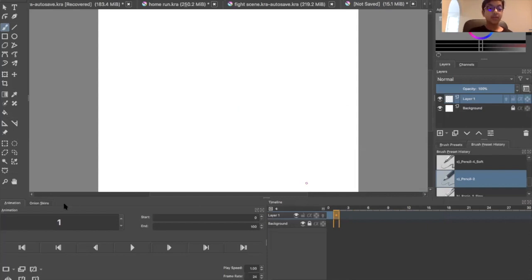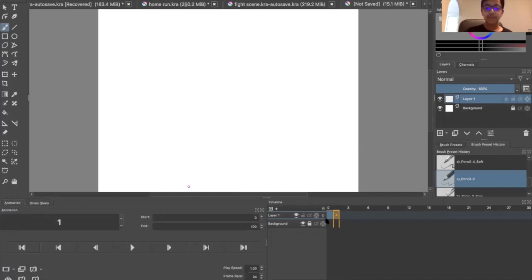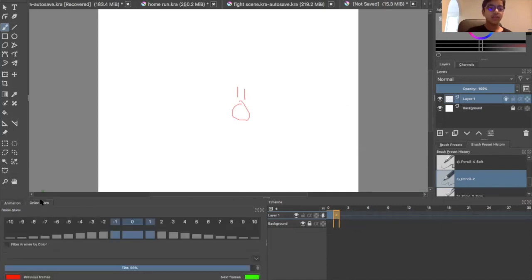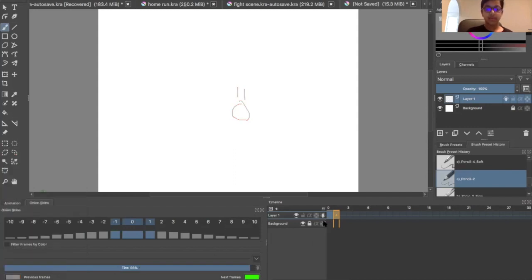Oh yeah, and then onion skins basically show the frames from before. For this one, I would click this light bulb to see the frames from before, and then you can change the color of what the frames will be. So I can change it to black or something like that. And then once you draw the next frame,